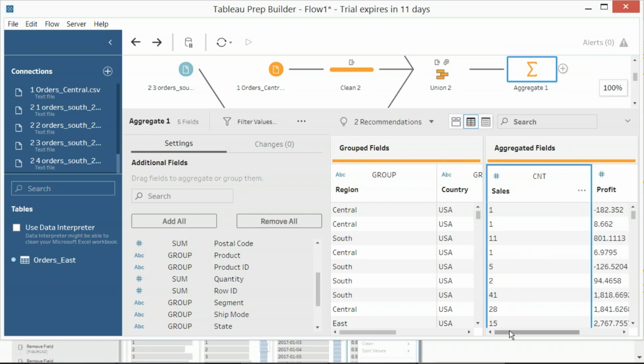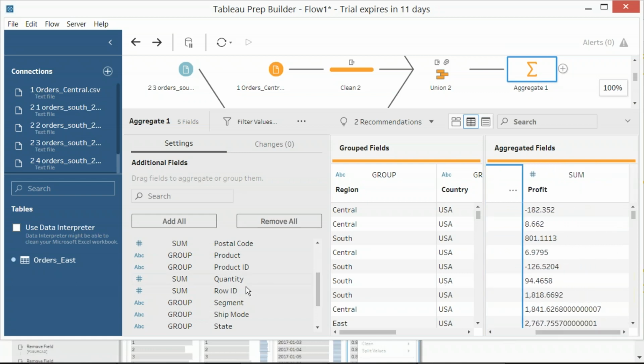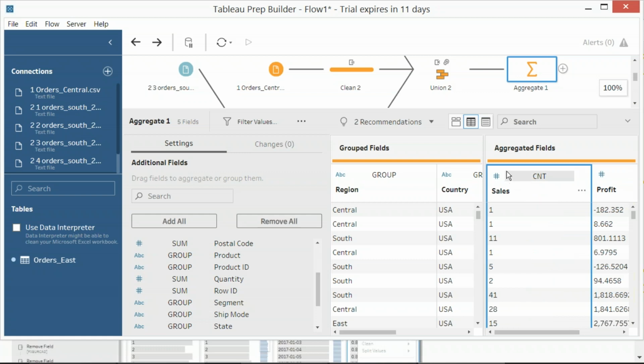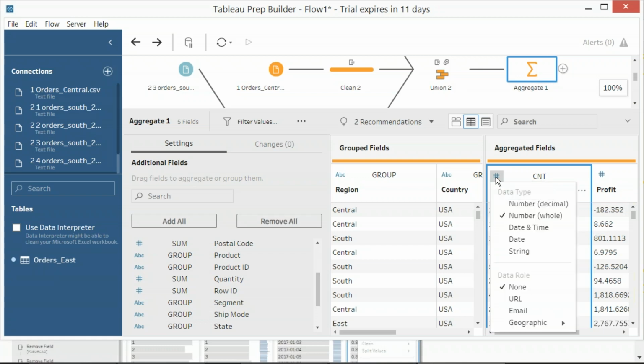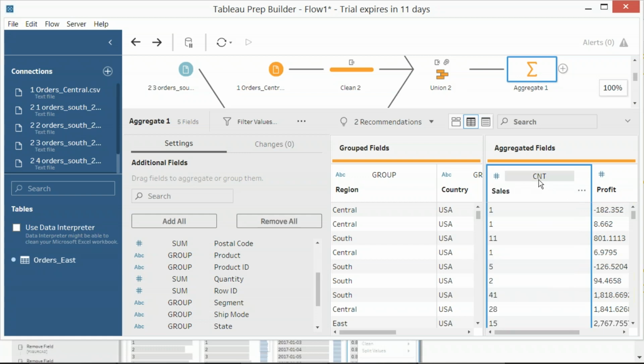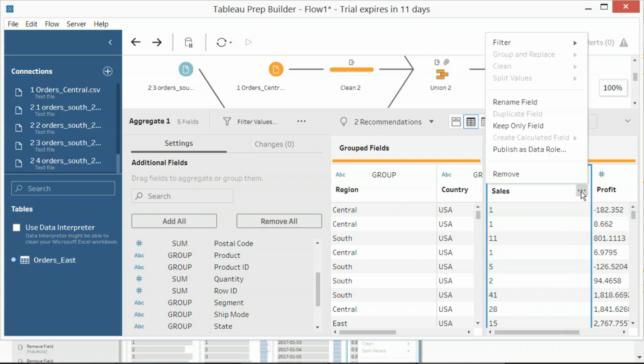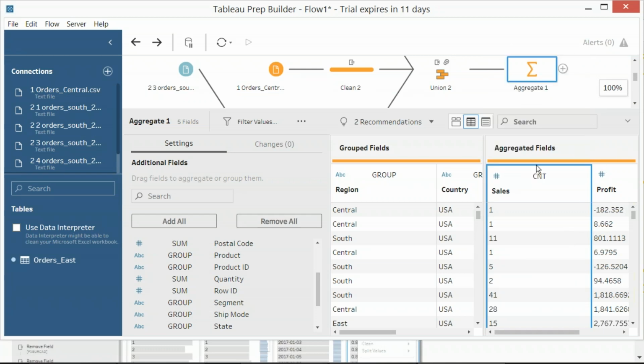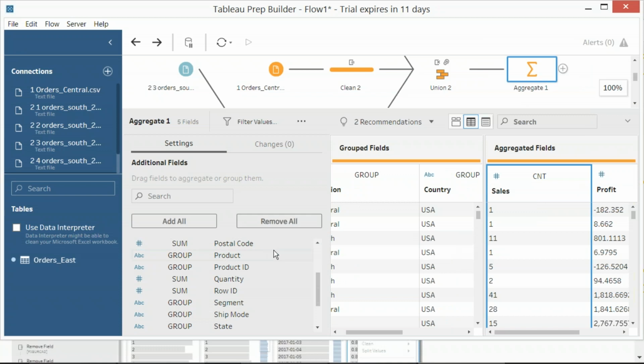Profit, observe carefully now. When I drag and drop profit, it is happily coming as sum of profit. That is what I need. But here for sales, it is coming as number. I want it as sum. It's coming as number. I actually want the aggregate as sum. So here we go, friends. Just make sure